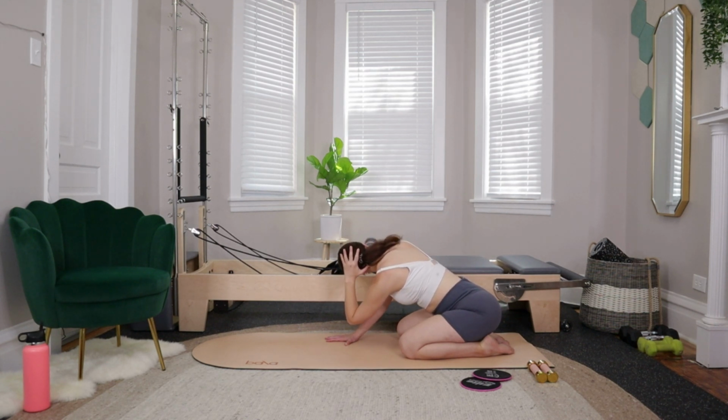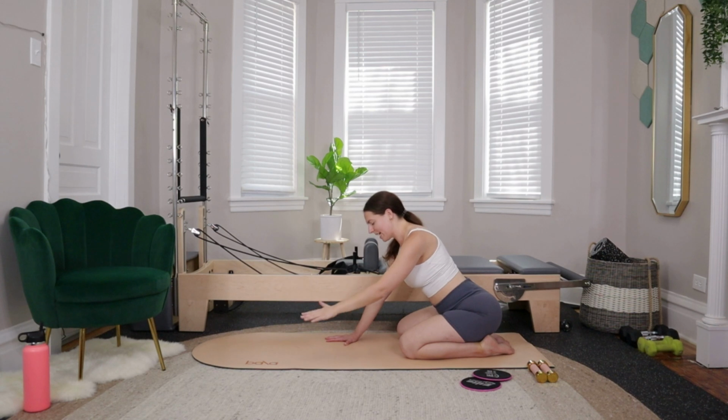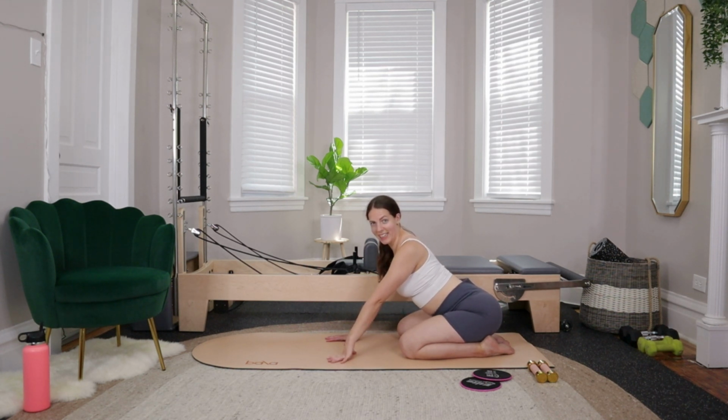Good. Bring the right elbow towards the left arm, and then you can press things up. We'll swap over to the other side. Right hand down. We're still pressing up and away, keeping the spine in neutral. So if you're like me and you just have a tendency to arch at your back, try to press up